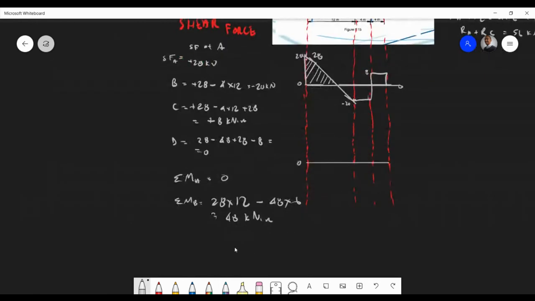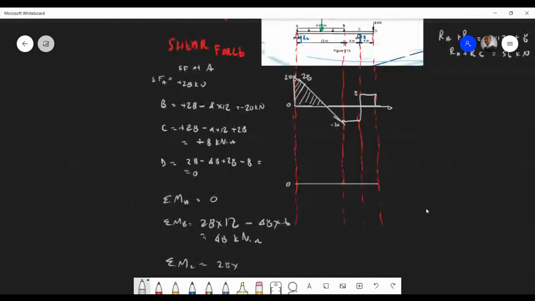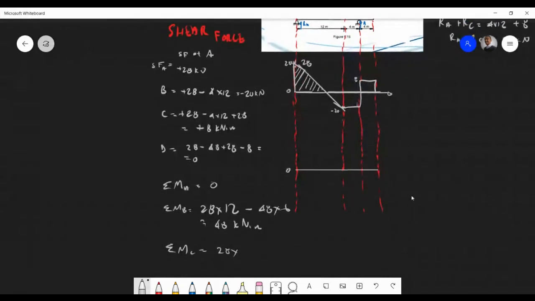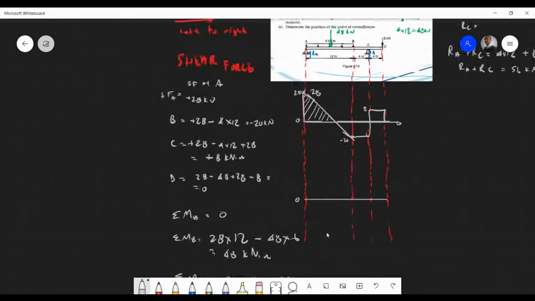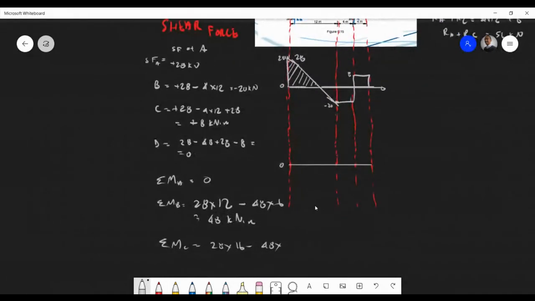And then we take our moments at C, and that's going to be 28 times 16 minus 48 times, that's 6 and 4, that's times 10. That's 28 times 16 minus 48 times 10. And if you get minus 32,